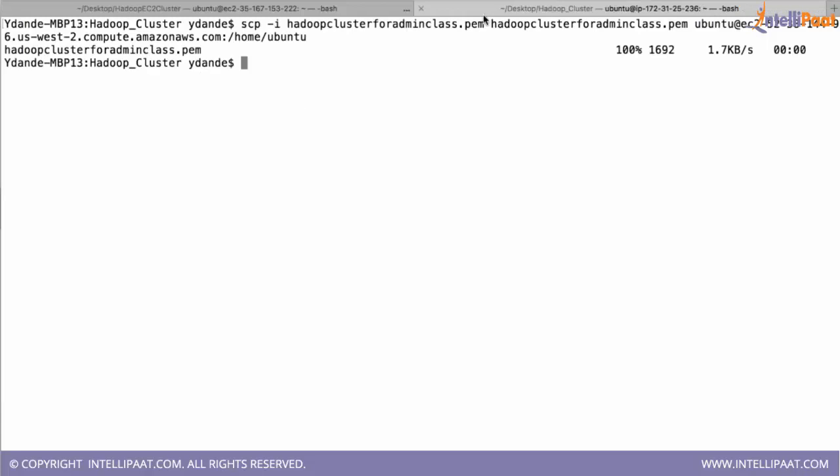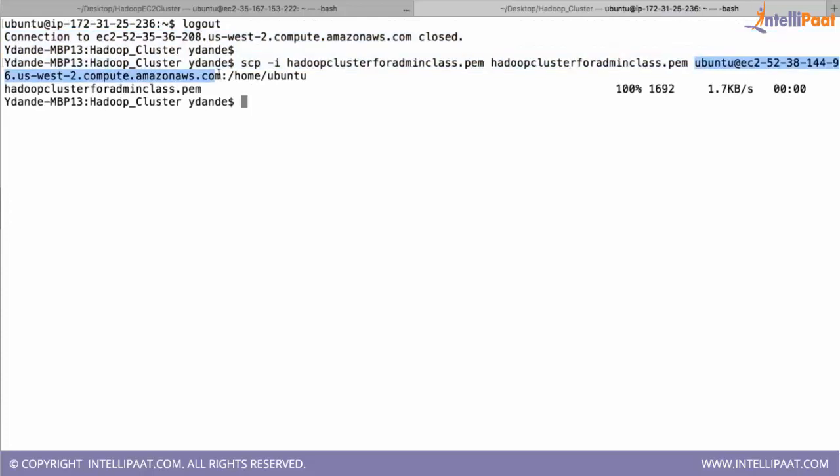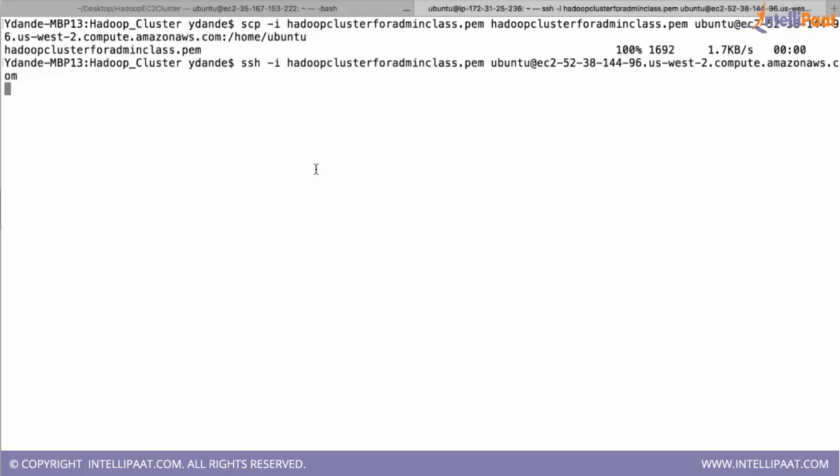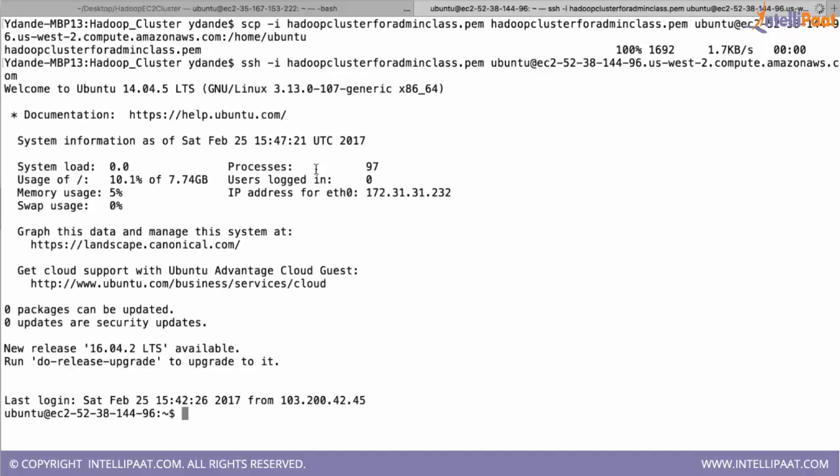Now you can log into this machine and see whether it copied the file or not. SSH -i. You have logged into that machine.